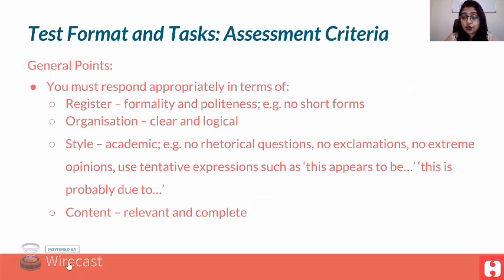Your organization should be clear and logical. It should form a particular format while you are writing. You cannot leave up sections where paragraph 1 says about east and paragraph 2 says about west. It has to have a logical coherence and a logical correlation between them. Your style should be academic. There's no scope of writing any fancy language in IELTS, but your vocabulary needs to be apt enough. While we are doing IELTS, make sure that you use apt words in place of the